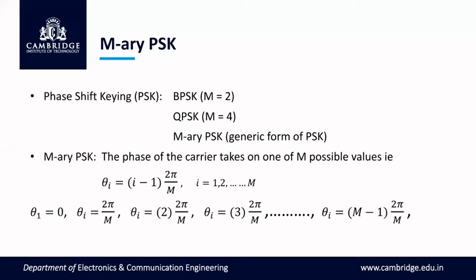If the phase of the received signal is very close to 0, we take a decision in favor of symbol 1. If the received phase is very close to 180, then we take a decision in favor of symbol 0. So 0°, 180°. In between lies 90°. So we can keep 90° as a threshold reference value. Less than 90°, symbol 1. More than 90°, symbol 0. So like this we can do it. This is what BPSK is. We studied it in detail. Okay.